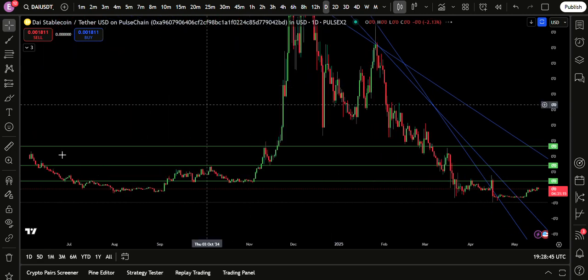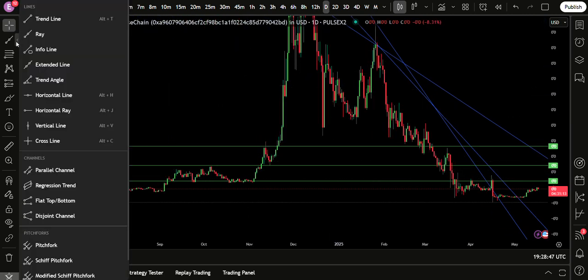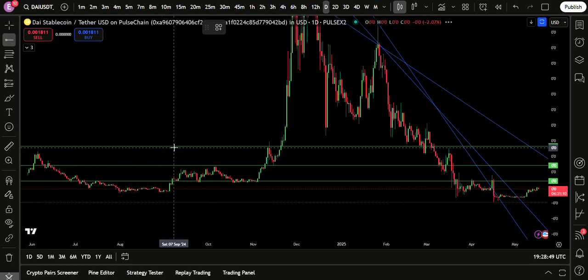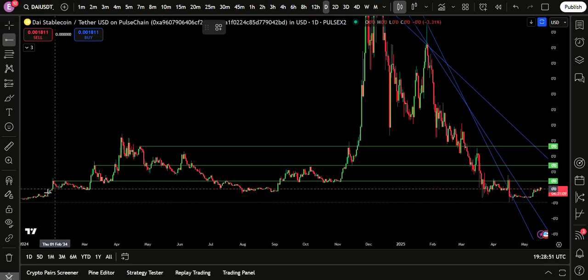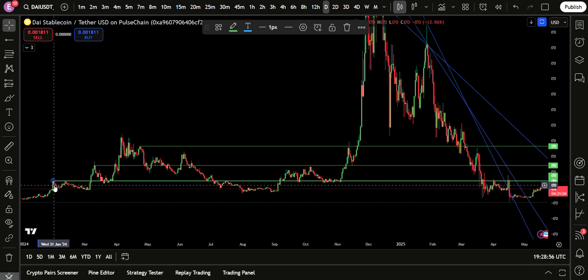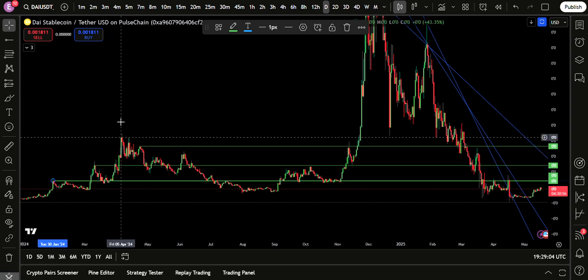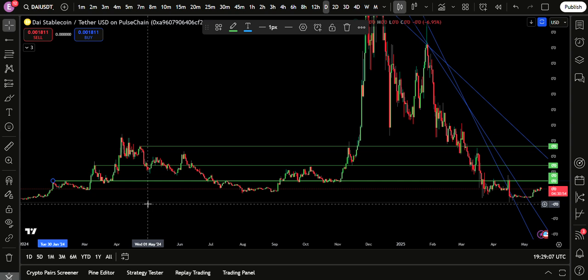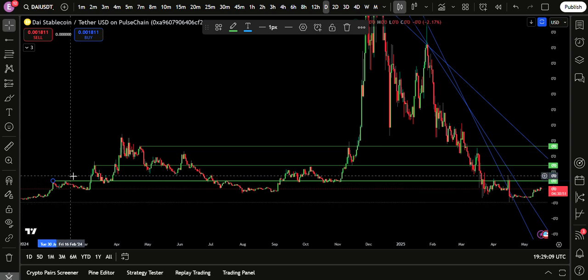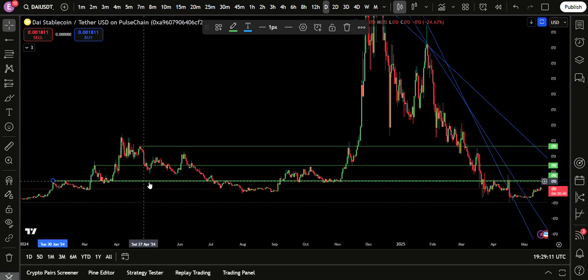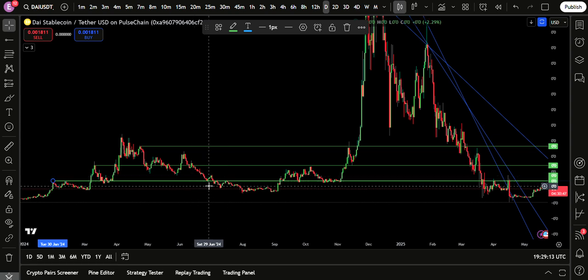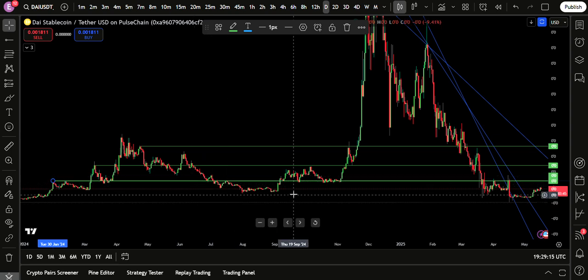You can also use these horizontal ones. You can just go up to here again. Horizontal ray. And then you can be like, right, the price came up to here, the topest point. Let's draw a wee line there because it got rejected there. It came up, got rejected again. So when it hit that point, see, look, it blasted off through. Came back down, held it as support, blasted up. You don't know when it's going to blast up or break down, but you can tell that when it's coming up to this point, something's going to happen. Something's going to happen when it hits this line.